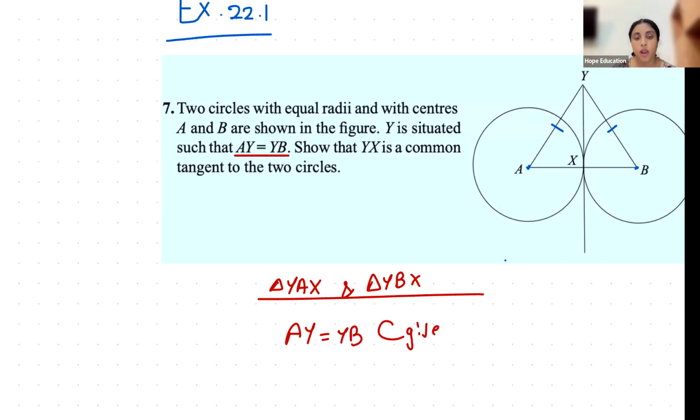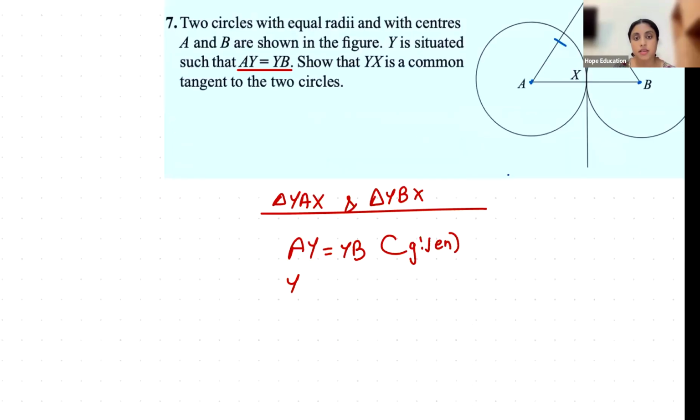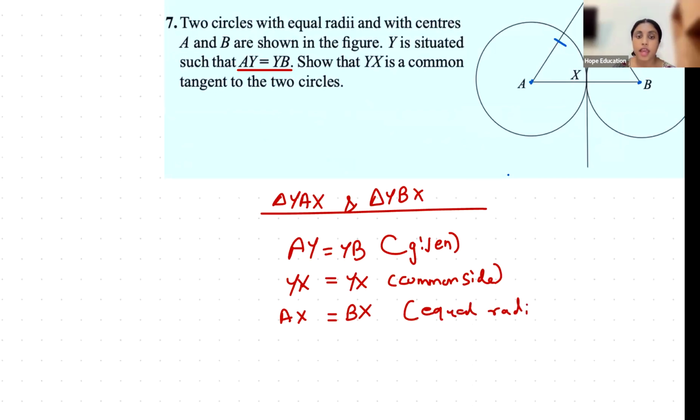Then YX equals YX, common side. Then AX equals BX, equal radii. Therefore, triangle YAX is congruent to triangle YBX